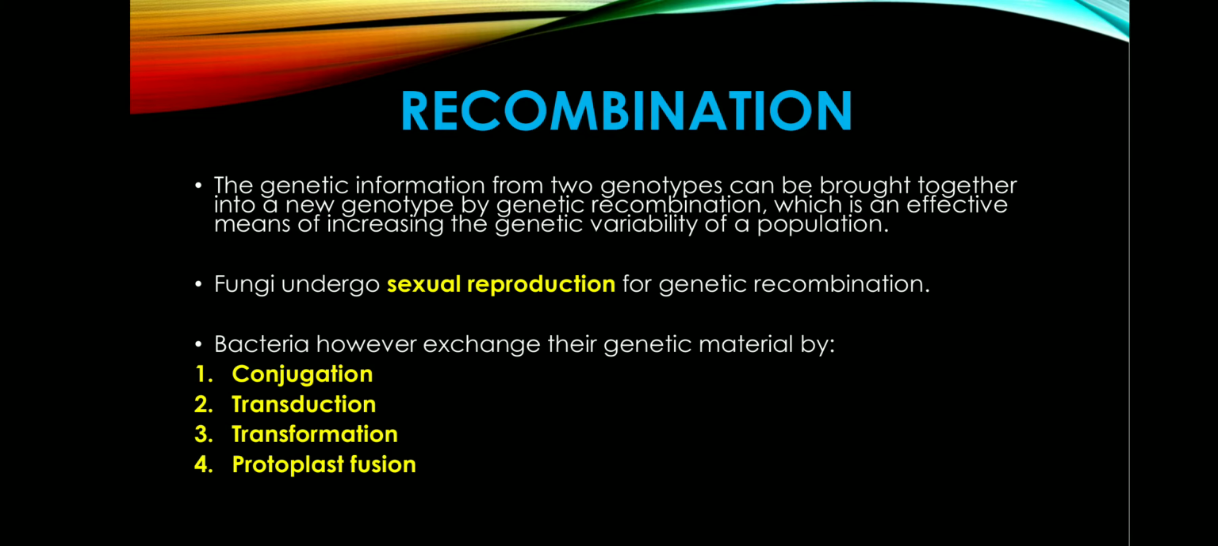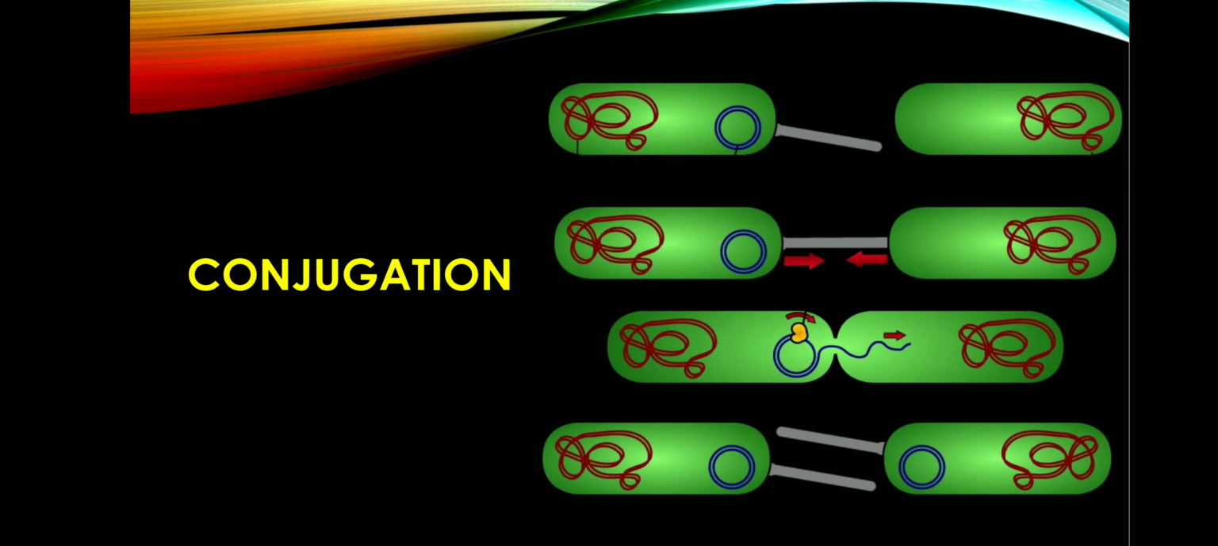Now let us look into the conjugation process. Conjugation involves cell to cell contact, where the donor contacts the recipient with a filamentous protein structure called the sex pilus, which will draw the two cells close together. The donor copies all or a part of its plasmid or chromosomal DNA, and it will pass through the pilus